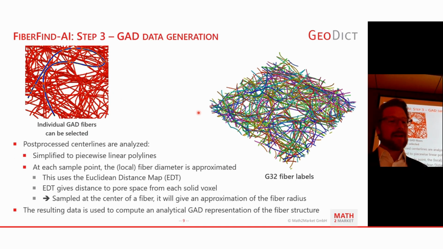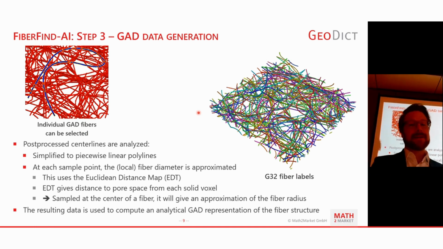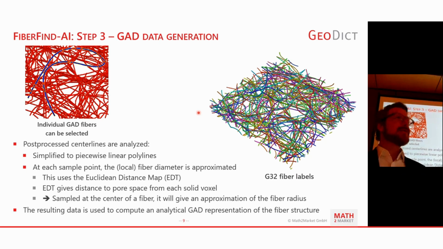In the next steps, then, we will produce GUT data. Those seasoned GeoDict users will probably know what that means. That is the analytical object data. So basically in GeoDict, we have 2 types of representations. If you generate a fiber structure, for example, with FiberGeo, you will have both a voxel image, which is the obvious thing that you can see, but you also have an analytical representation of the fibers, which is called the GUT information. And you can see on the left-hand side there's a green icon if you have that GUT information for your data set.